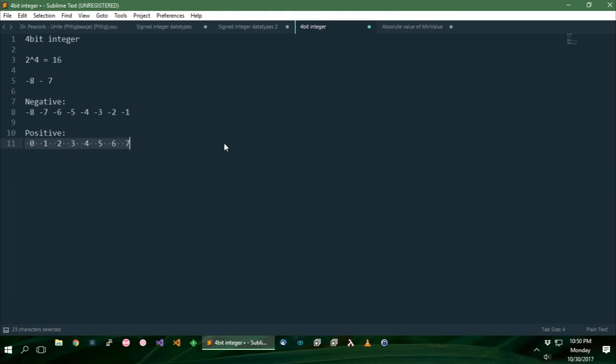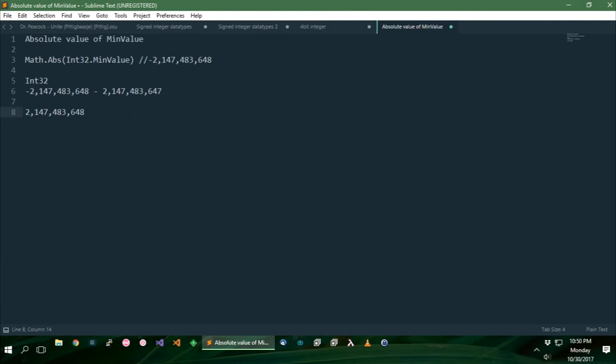Now, not everybody thinks about these things. I, for one, didn't actually realize that this could be a problem until I found this bug in OS. So if we start looking at code, we can take the absolute value in code, and if we take the absolute value of the lowest possible 32-bit integer, we can cause some weird behavior. A crash, basically. So as you can see, an int goes from